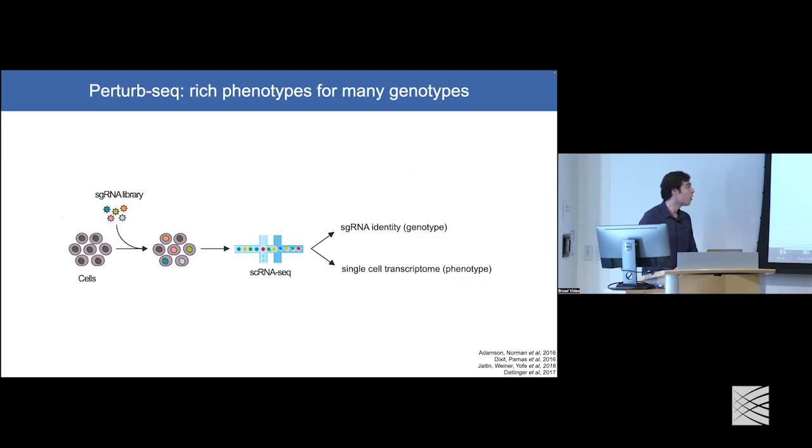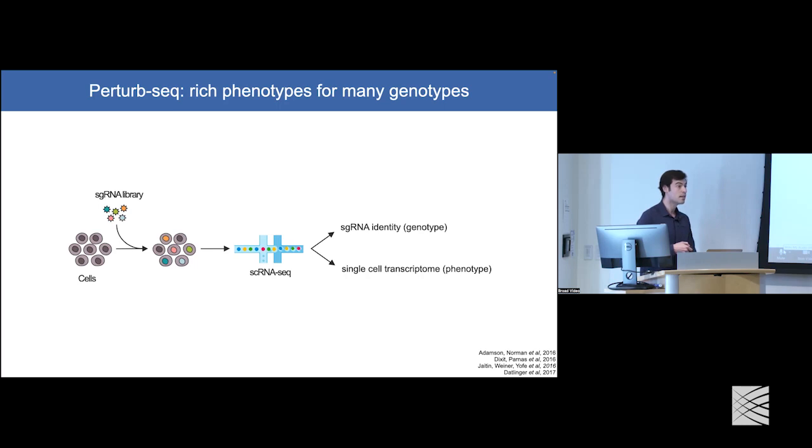So over the past few years, a number of groups have developed methods that can potentially overcome this trade-off and record high-dimensional phenotypes for a lot of perturbations. The method that I'm going to talk about today was developed in part here at the Broad in Aviv's lab, in part in our lab, and by a number of other groups that were all pushing toward the same idea, which is that you can take a pool of cells, infect them with a pool